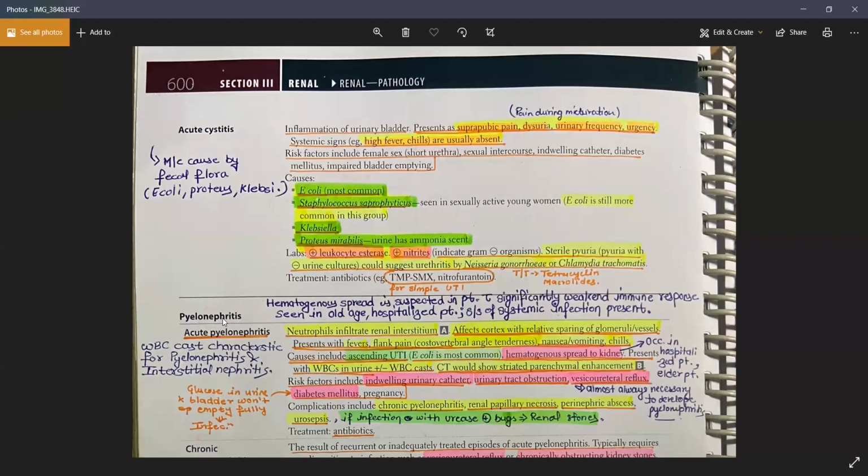If it is a hematogenous infection, then the blood cultures must be positive for my bacteria, and the patient must be having a history of sepsis or a shock, right? They will have a high heart rate, low blood pressure, and all these things will be there, right?